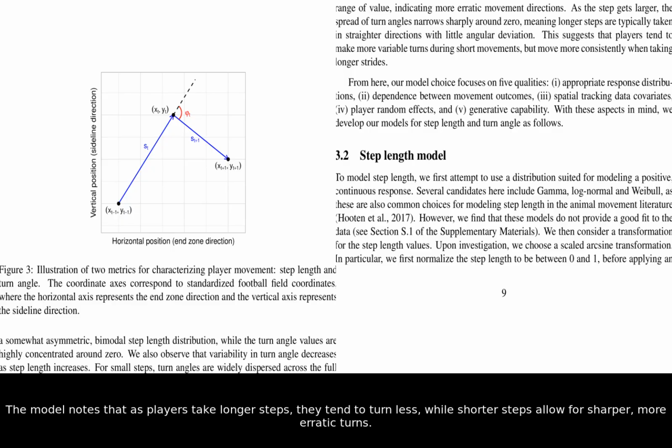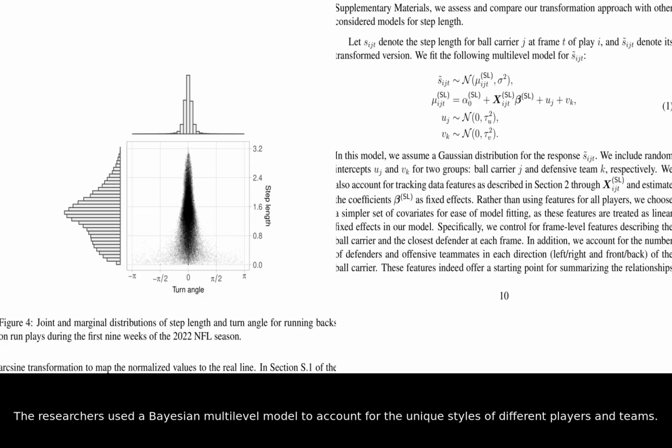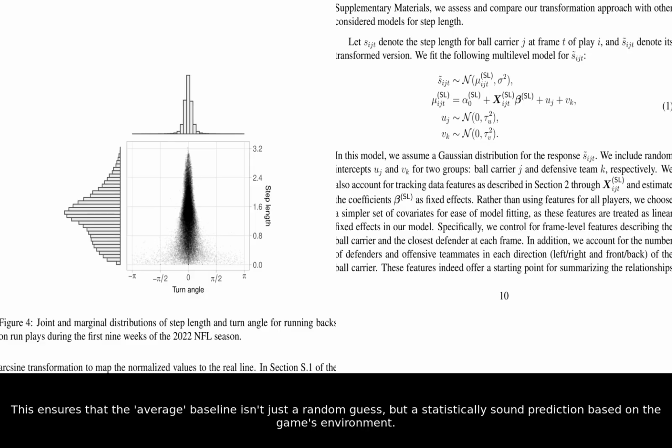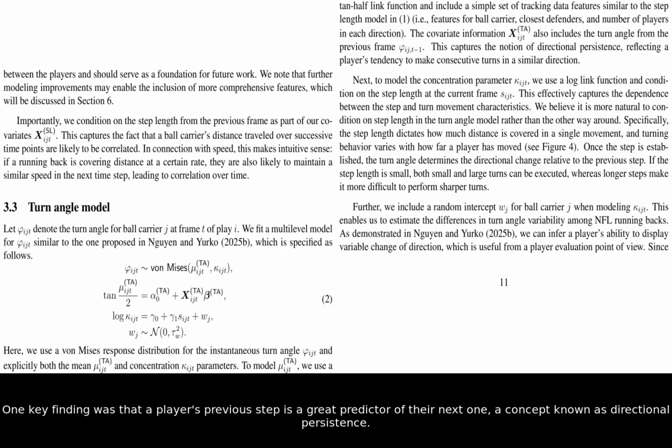more erratic turns. The researchers used a Bayesian multilevel model to account for the unique styles of different players and teams. This ensures that the average baseline isn't just a random guess, but a statistically sound prediction based on the game's environment. One key finding was that a player's previous step is a great predictor of their next one, a concept known as directional persistence. This helps the model understand that a running back at full speed can't just teleport or make impossible 90-degree turns